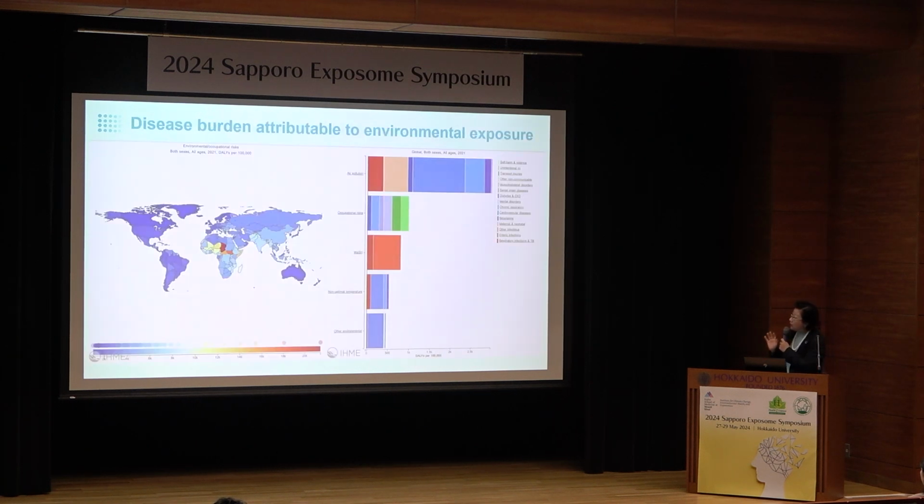And let me show an example of a global project called the Global Burden of Disease, GBD study, which was launched by the University of Washington and the World Health Organization jointly to quantify the overall disease burden